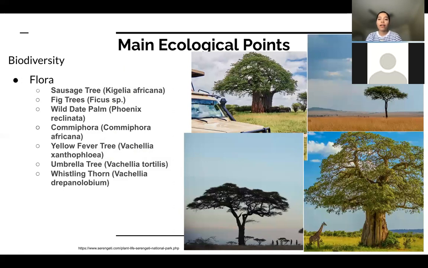Switching to the flora of the Serengeti. These are some of the trees present in the Serengeti. For example, the sausage tree is a large tree usually found along dry river lakes. It produces remarkably long, up to 50 centimeters, juicy but poisonous fruits that drop from the tree and release seeds as the pulp rots. The fruit stalks can be seen for months after the fruit has dropped and are often mistaken for a leopard's tail.